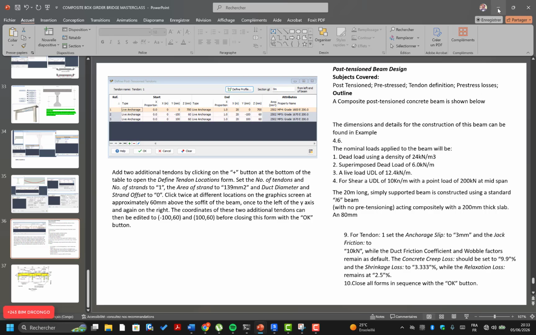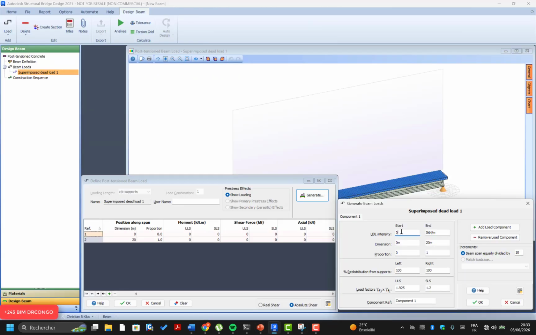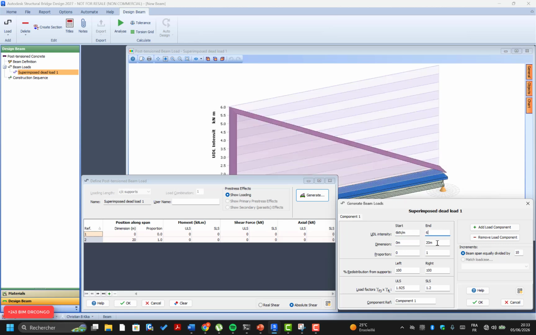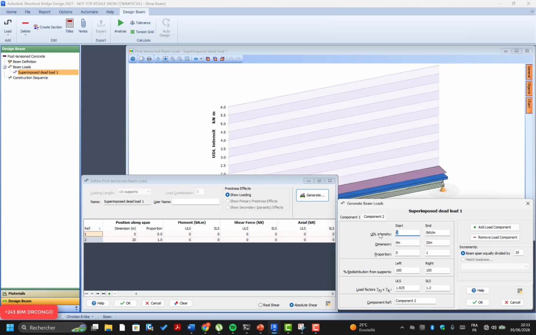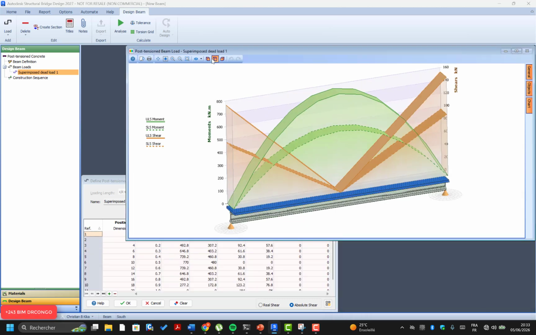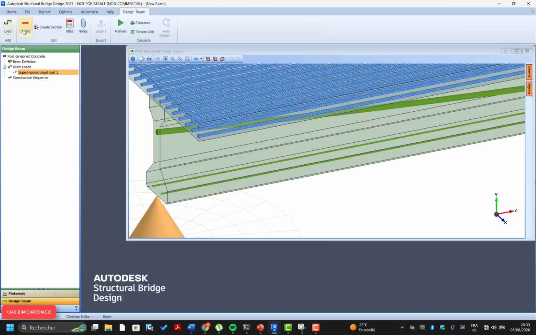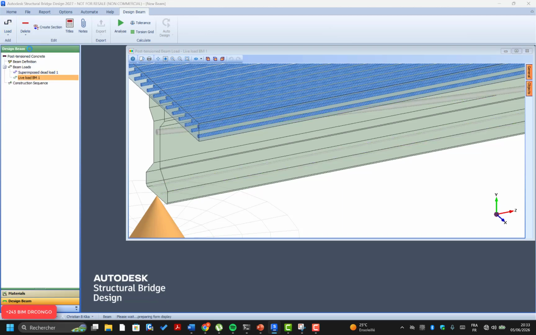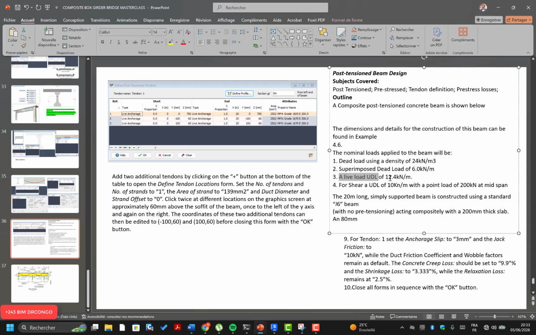We add the first load, not for 2 but 6, and we just put here 6, and this 6 load is applied here. We can add another component. We put 2 and 2. After we generate our load, the second must be either this and that load here. We can select it. It be a live load,